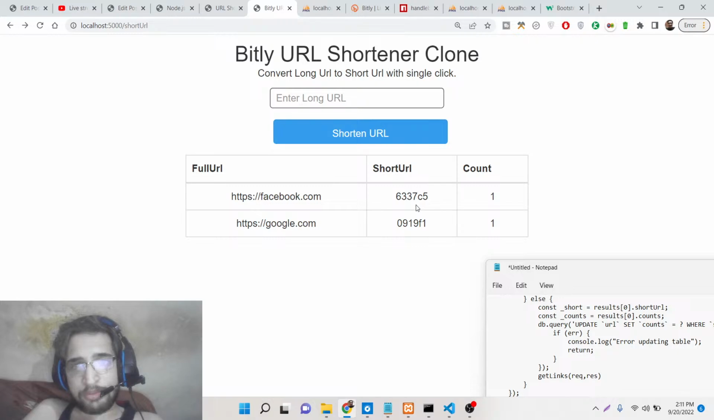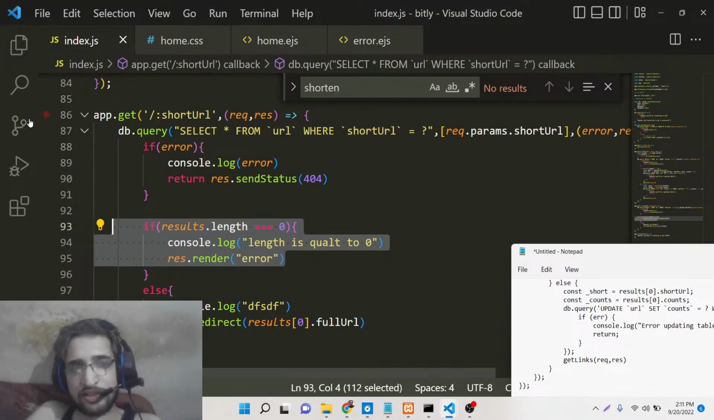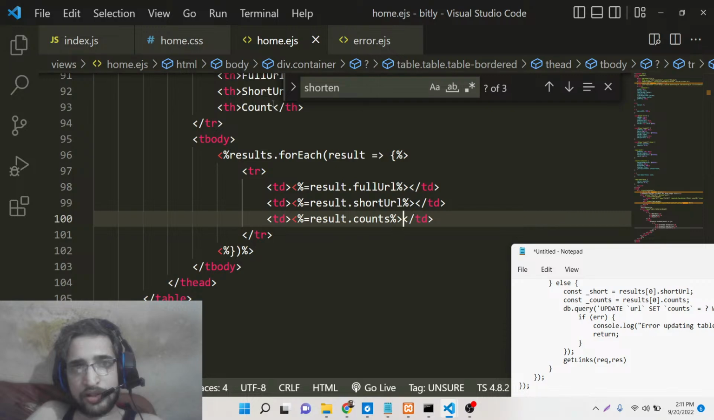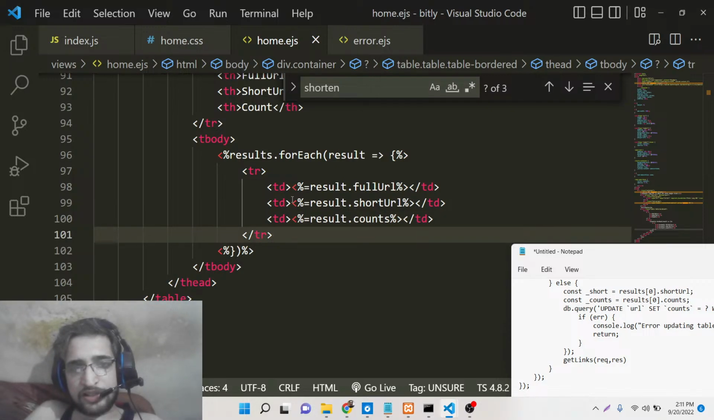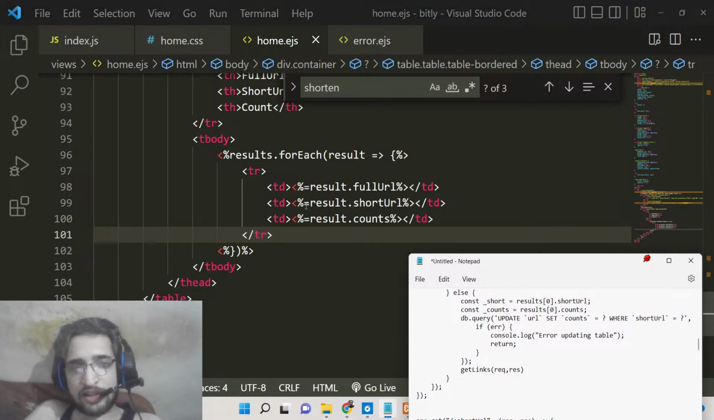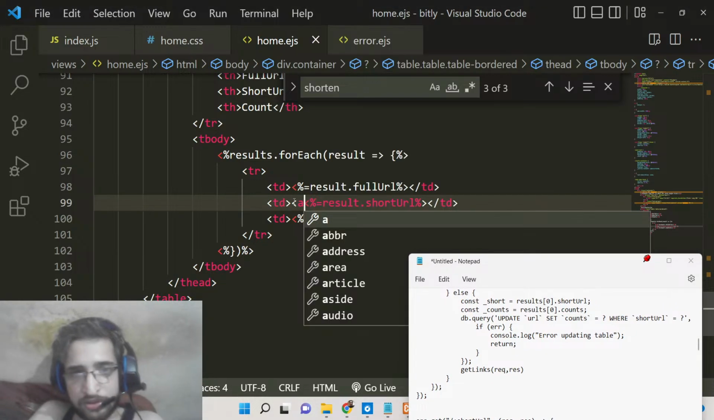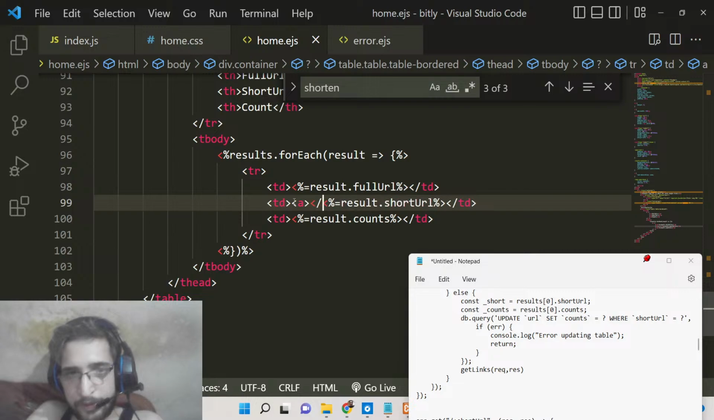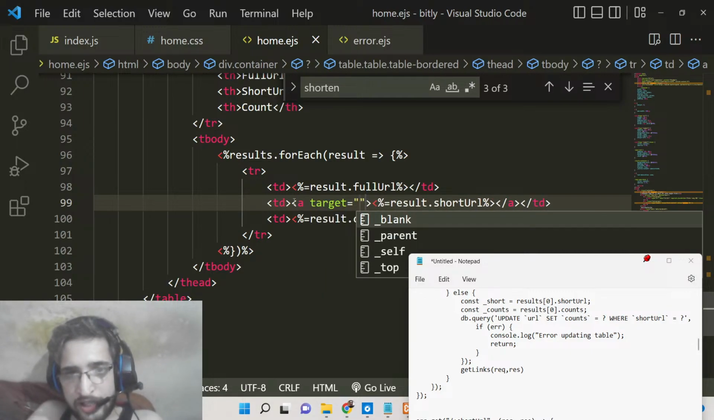So now you just need to make it clickable guys right here in the table itself, so that when you click it, it will redirect to the long URL. Making it is very easy. Just go to your home.ejs file, and right here inside this td tag, make this clickable. So we will wrap this inside the anchor tag. This will open in a new window, so we will make a target of blank,